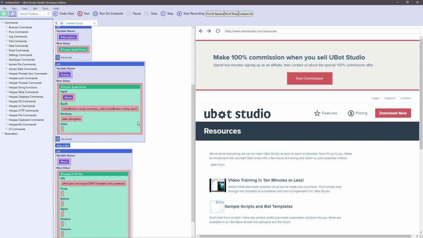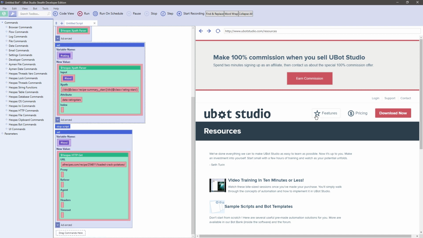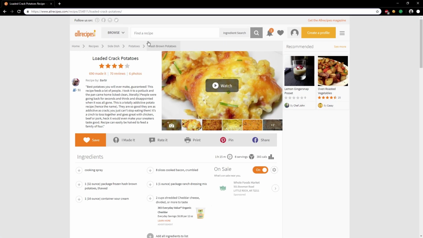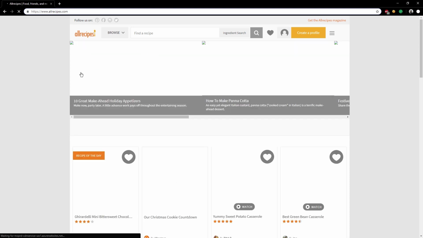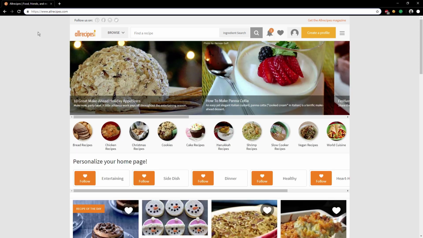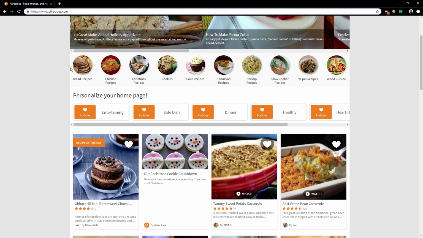So basically, the first thing that I did was I went to allrecipes.com and I just had a look at the site. I wanted to get a feel for the structure of the website. And what I found was that if you're looking at the homepage, we can see that there's a lot of different kinds of categories. And I noticed that down in the URL here at the bottom left of the screen, you can see that it says